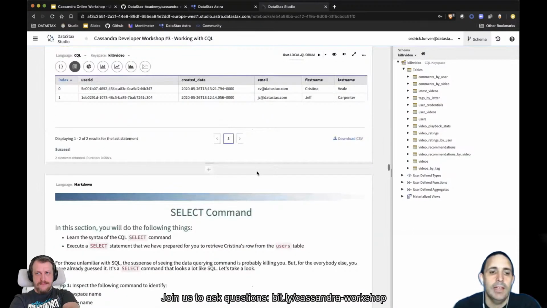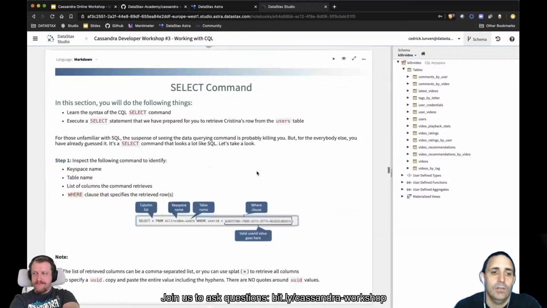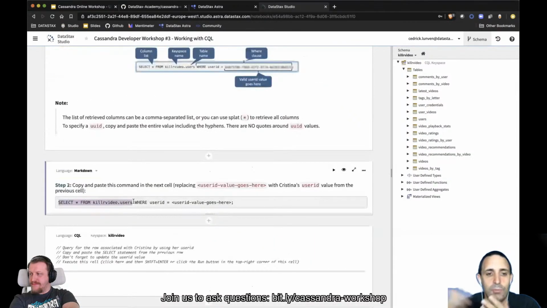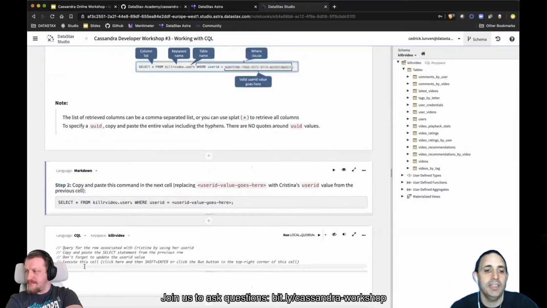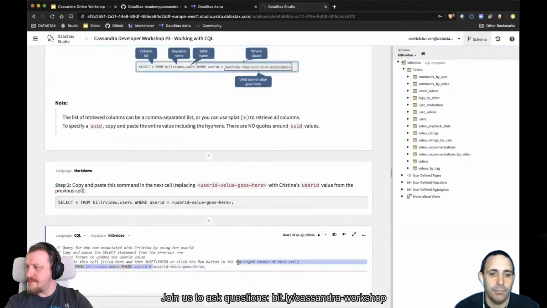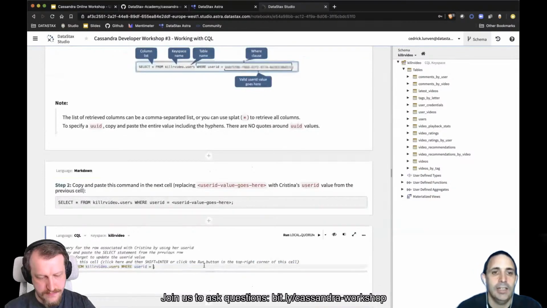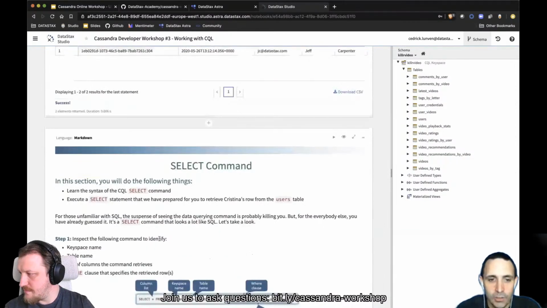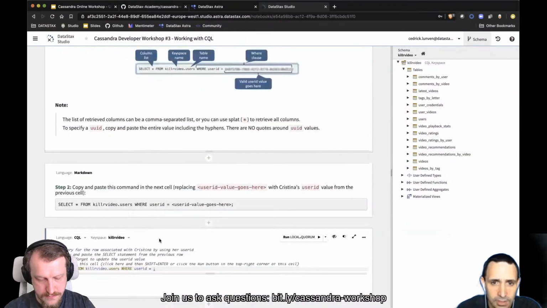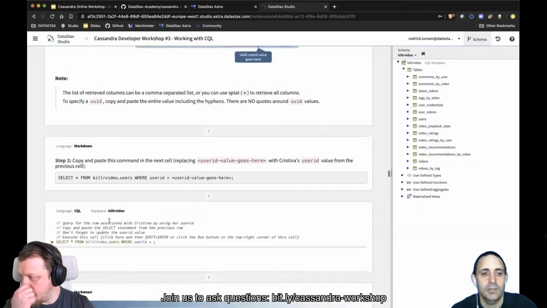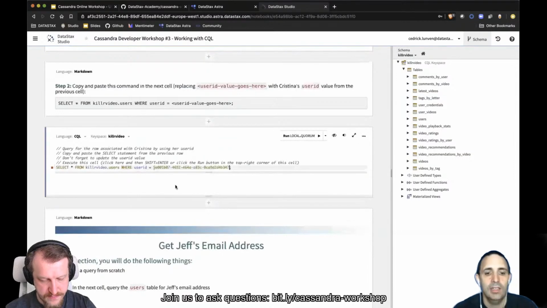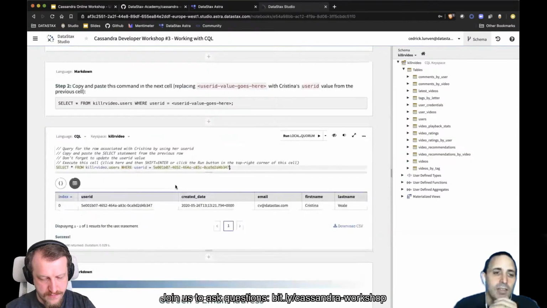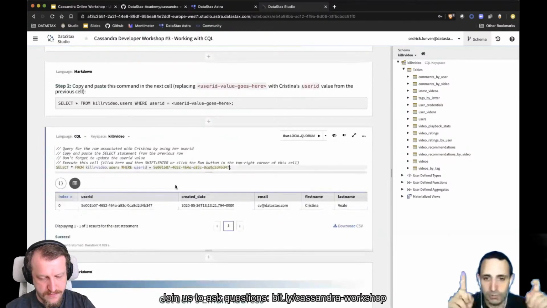And so I can select from the table. Do not provide any where clause, bad, full scan of the cluster. But because user ID is my partition key, full primary key, I can use this UID, let's say, of who I need to retrieve. Christina. So I go here, Christina is the first line. So I will copy Christina's ID and paste here. So UID is an object, I don't need to provide any quote, and it will work.